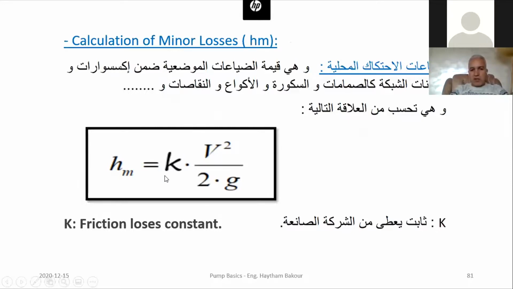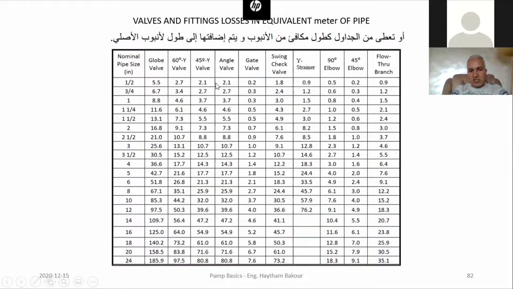We have talked about the first methodology, where we take the K value from the manufacturing company and substitute it, or we can have it from this table. We have the equivalent meter of pipe. If we have an elbow with 90 degrees with 4 inches pipe size, the equivalent losses are 3. So this is the equivalent. Every accessory within the line, we should calculate its value. So for 4 inches,